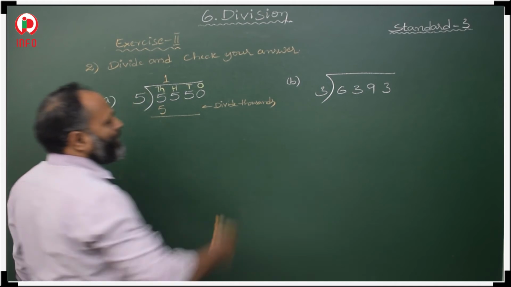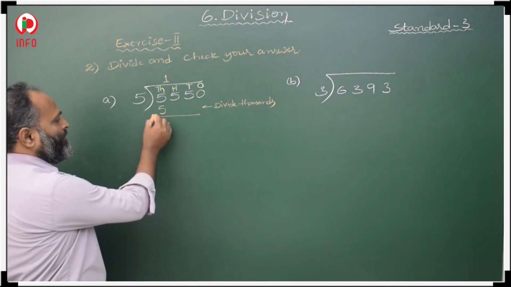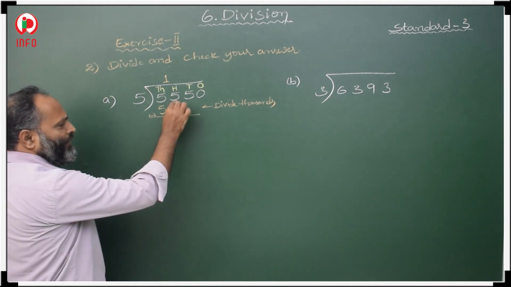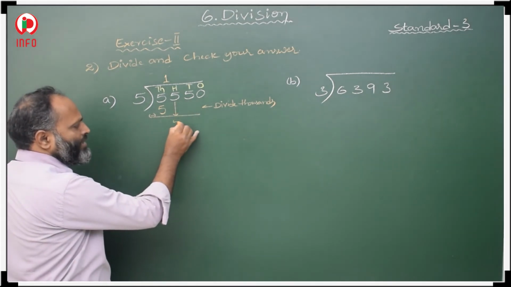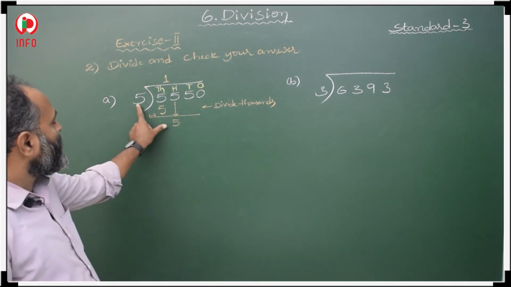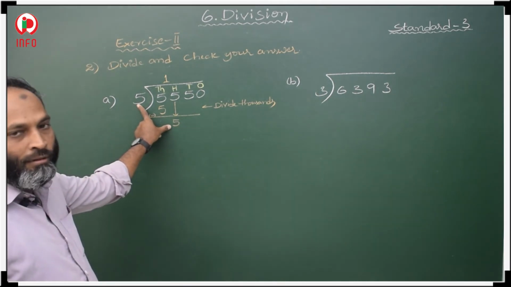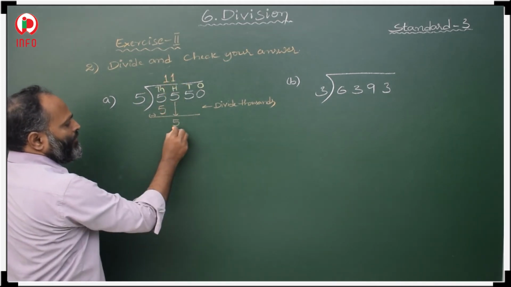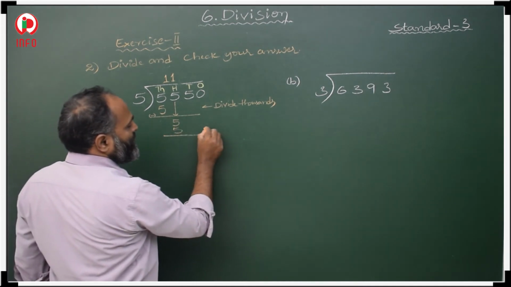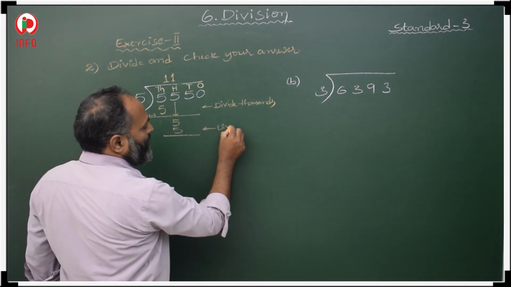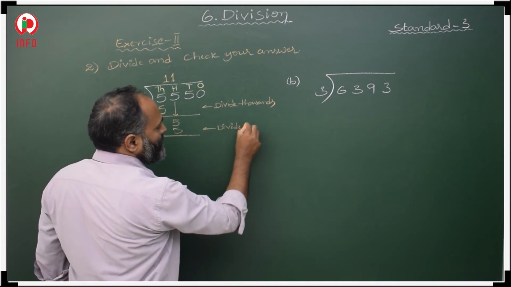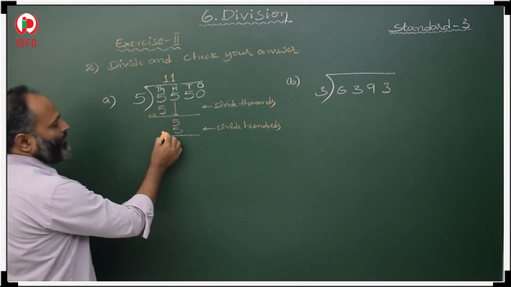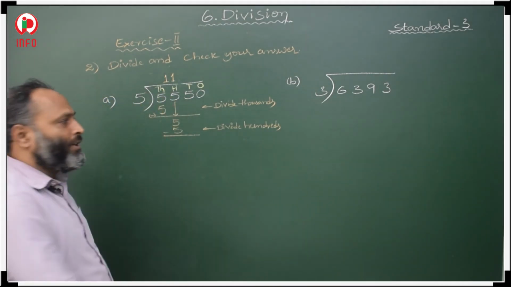First you have to divide thousands, then 5 minus 5 is 0, no need to take. Then after that, the hundreds place, you have to copy the hundreds place. Again you have to check in the 5 table when you will get 5: 5 ones are 5, again the quotient is 1. So this is divide hundreds. Next 5 minus 5 is 0, no need to write.